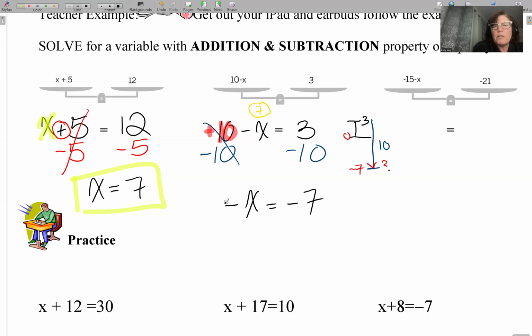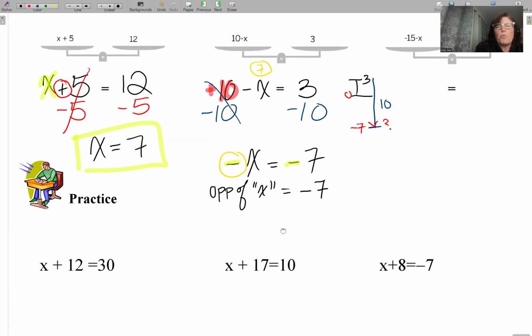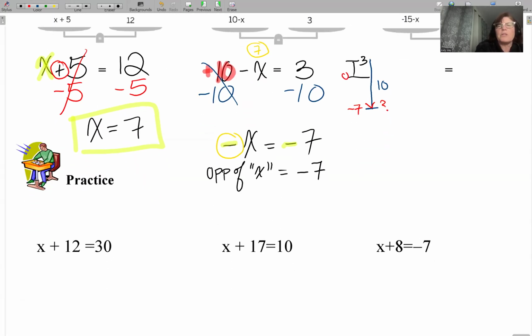You're probably asking, wait a minute, what do we do with the negative x? Well, remember, sometimes that negative sign is negative, other times it means the opposite of. And in this case, when you have a negative in front of the x, it means the opposite of x is negative 7. So we want the opposite of x. So if we just want x,